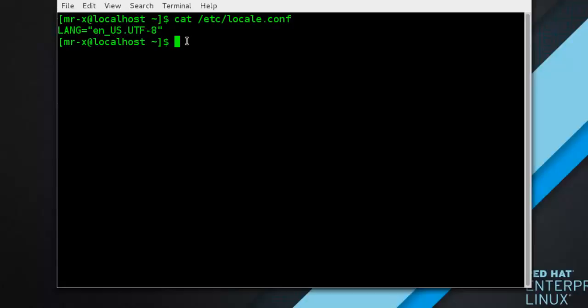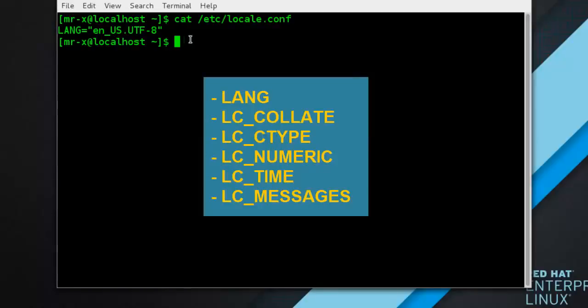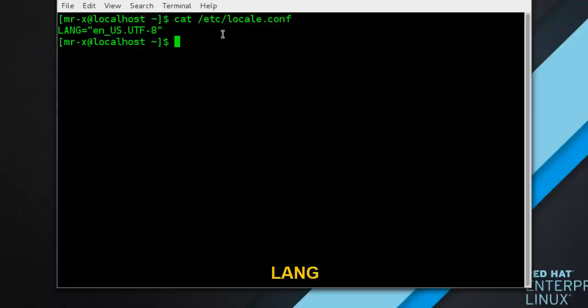To further specify locale settings, you can use several other options you can see on the screen. LANG provides a default value for the system locale. LC_COLLATE changes the behavior of functions which compare strings in the locale's alphabet. LC_CTYPE changes the behavior of character handling and classification functions and the multibyte character functions.